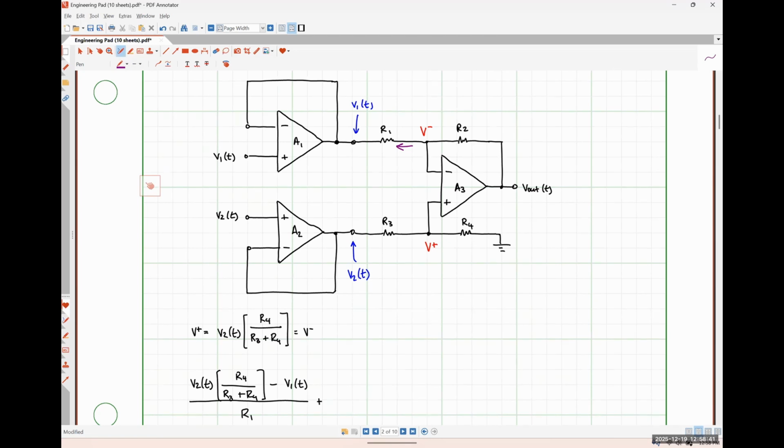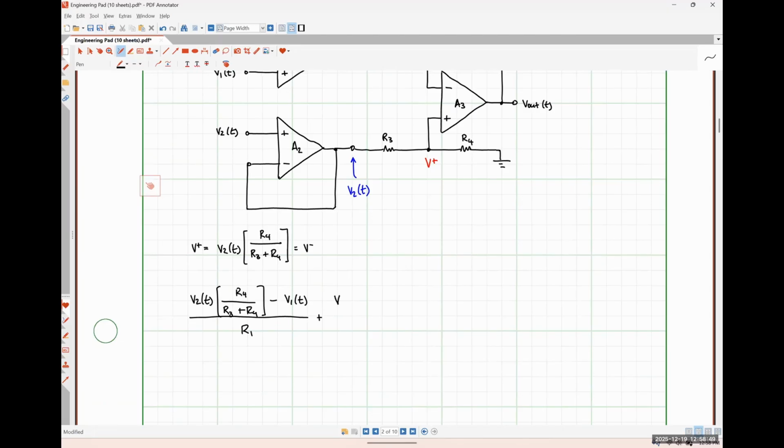Now I need to find the current flowing to the right. So that's still going to be V plus. So I'll substitute back in V2 times R4 over R3 plus R4, minus V out. And this will all be over R2. And I'll set this to 0. So this looks pretty gross right now, but we can play around with this and sort it out, I think,